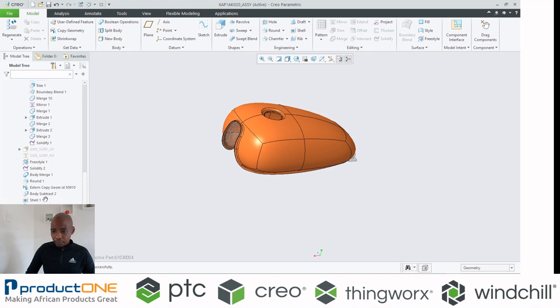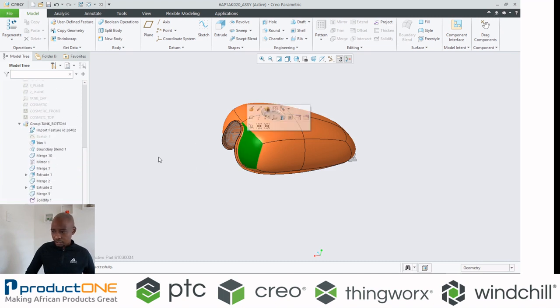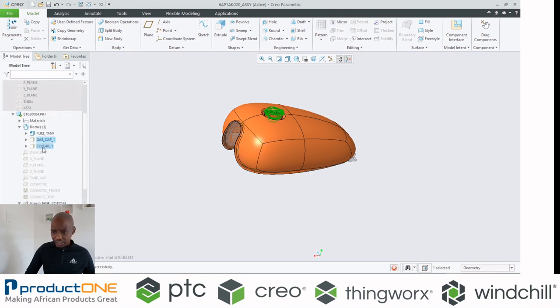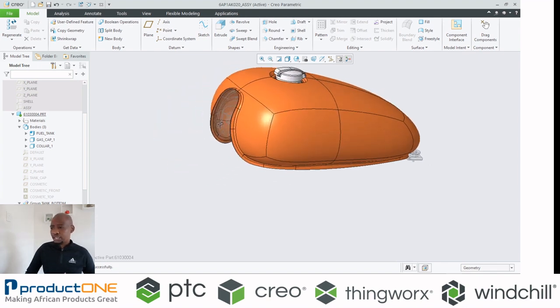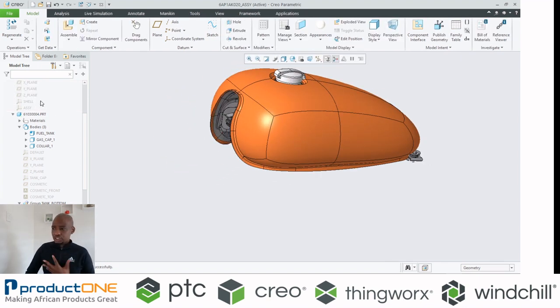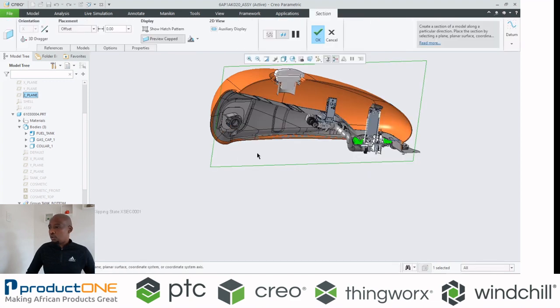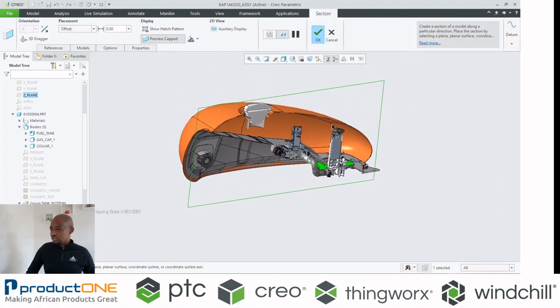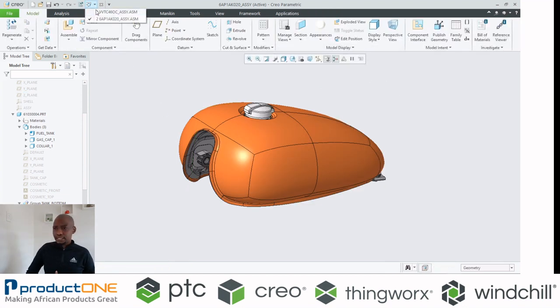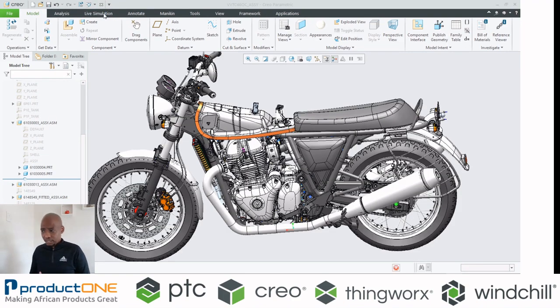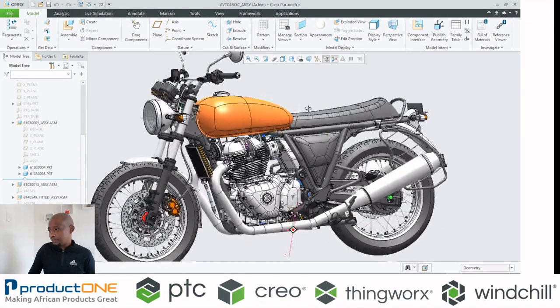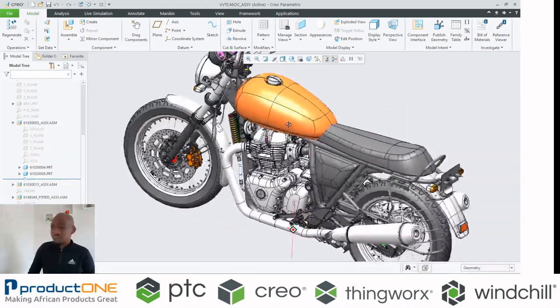So I can go back onto those bodies that I've taken out. Remember, we've taken out these bodies. We've hidden them essentially. So I can say, show them again onto this, and just to give you a little bit of an idea of what we were trying to do all along, this is essentially where the liquid or the fuel is going to be. So if you can see here, this is where we have our fuel. Besides that, if I go back to my main assembly, it now has this fuel tank. So that's pretty much close to what I wanted.